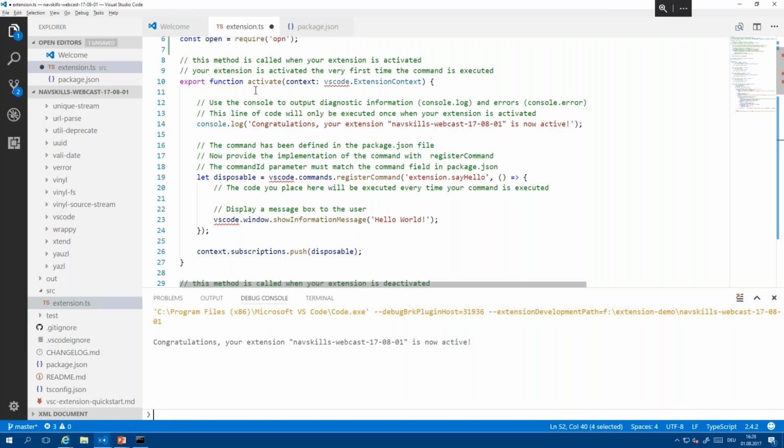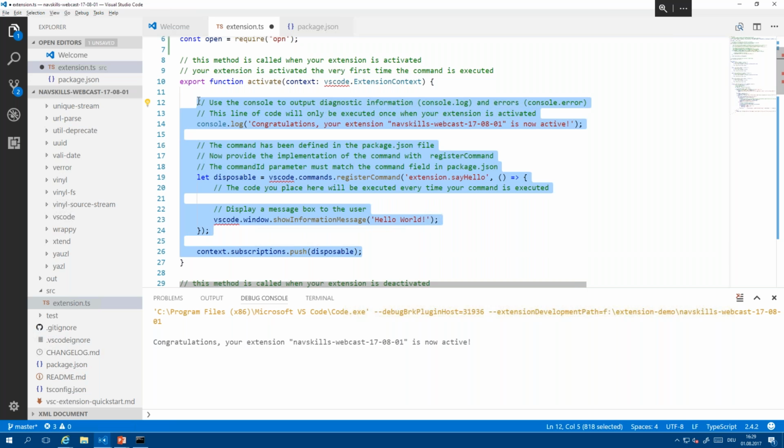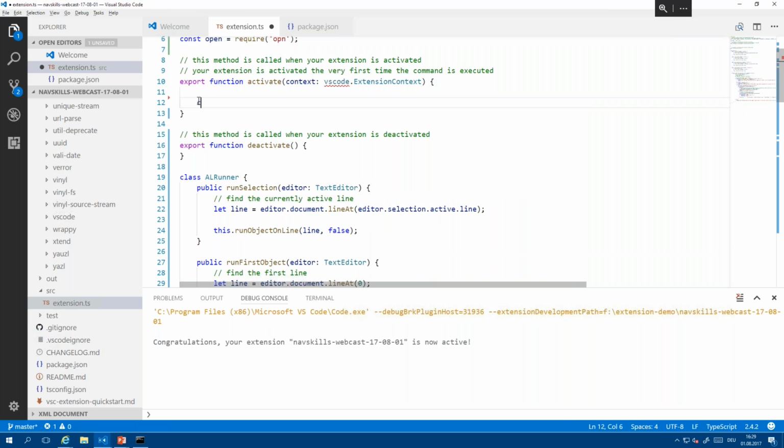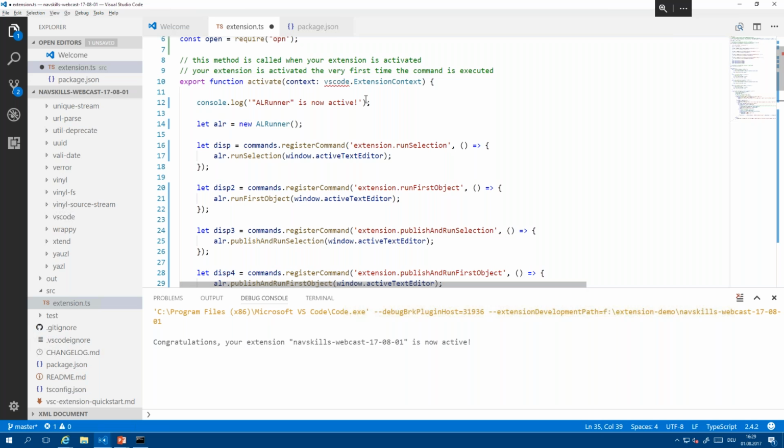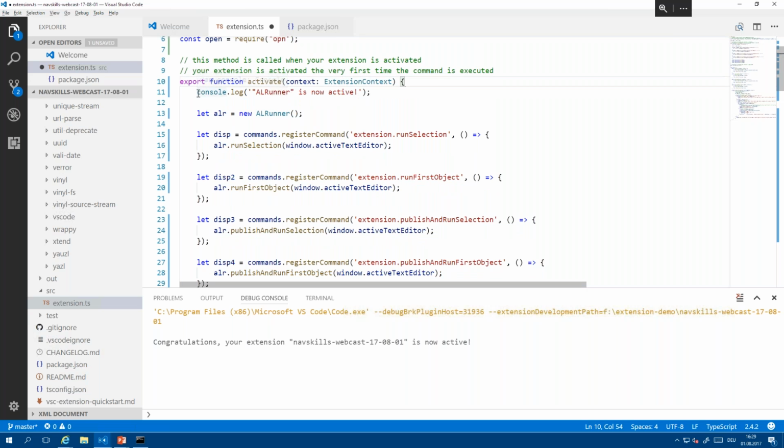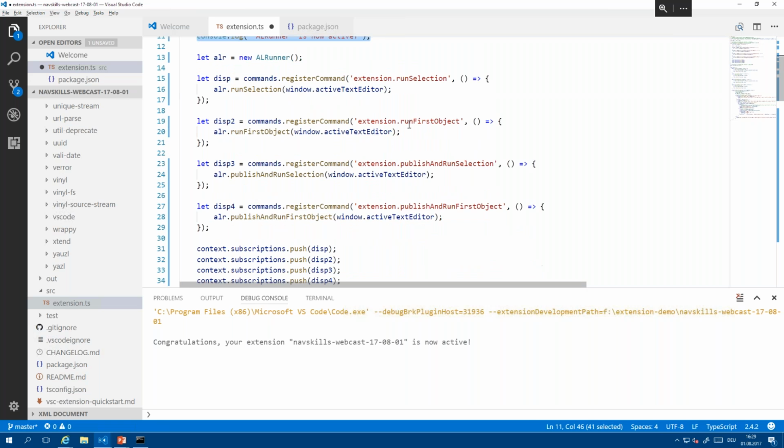So we have a function that is called activate, and this is called as soon as our extension is going to get activated. I am going to replace that whole code with something that we have, and I have to remove that one because we did the import differently. And with that, as soon as it's activated, I'm also showing that debug message, and then we are registering commands.